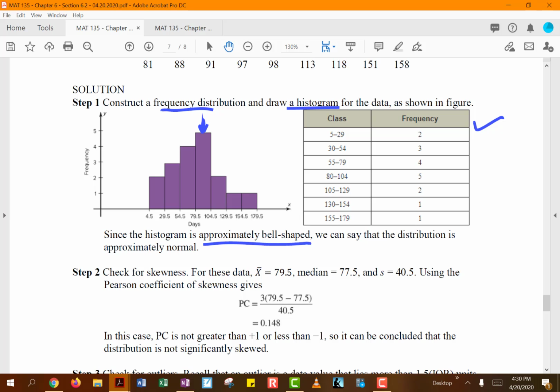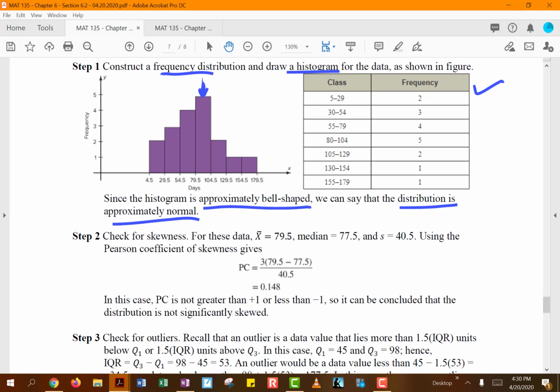So we can say just by looking at this that our distribution is approximately normal. Okay, the other thing we can do is check for skewness. So find the mean of your data values, find the median, and find the standard deviation. Once you have all three of those values, we can put it in our little Pearson coefficient skewness formula, and